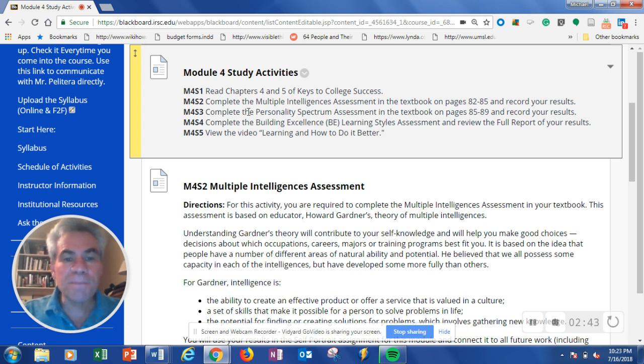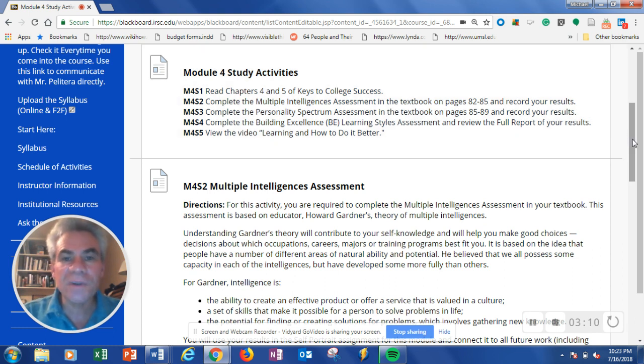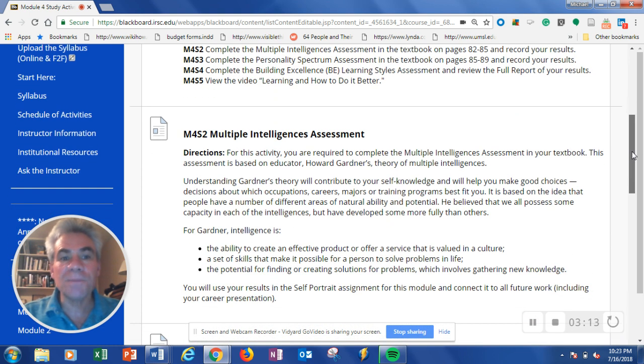Again, complete the personality spectrum assessment in the textbook on pages 85 to 89 and record your results. Record meaning write them down. Go right to the PowerPoint slide that you're working on in your final capstone career project, put it in there, and you have a record of it right away. Now take those pieces and parts, and you're going to put it into your self-portrait assignment that you'll be completing